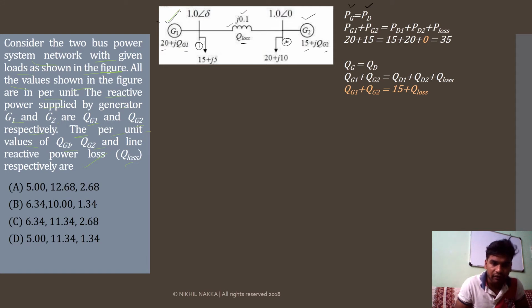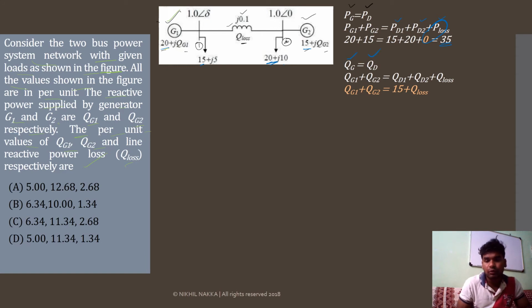What is the active power at generator 1? 20, at generator 2 it is 15, isn't it? And what is the demand basically? Demand means what is drawn. In a real-time power system, the power demand will be the power drawn by the load as well as the power lost in the transmission line resistance, because that is also an active power loss, I square R loss. Basically here there is no resistance in the transmission line, therefore P loss will be equal to 0. However, you see PG1 is 20 and PG2 is 15, and PD1 is 15 and PD2 is 20. So power generated is equal to power demand, no problem here.